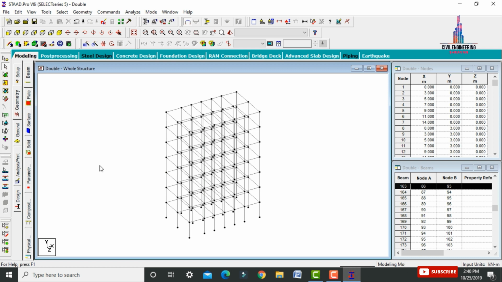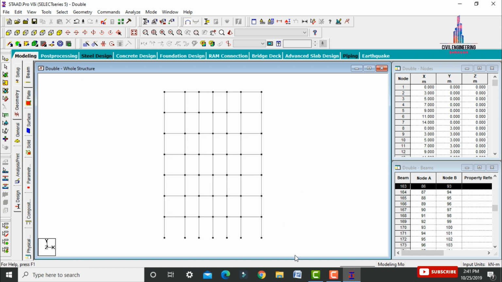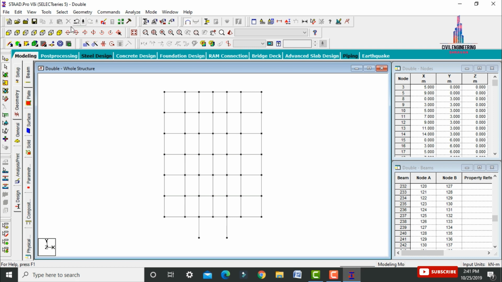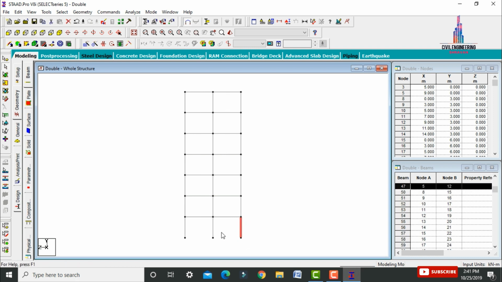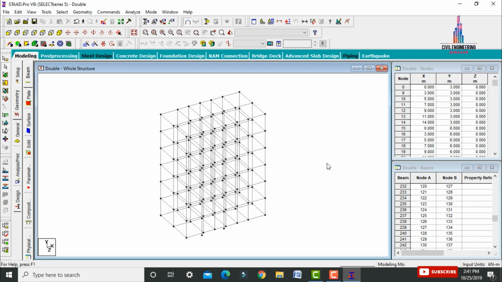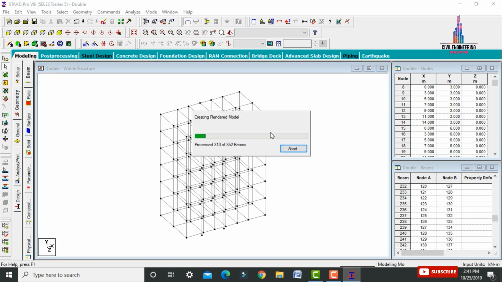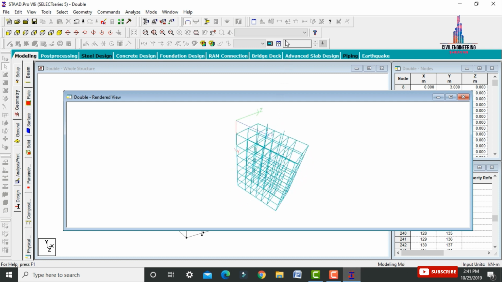Click on hide snap node grid. For this structure we need to make the model a double column building. For that, initially we select the front view. Here I am selecting the columns in the front facing direction, then these 2 columns in the opposite direction, and again the center column. Click on delete option, click on yes. After that we keep the structure in side view. In the same way we select the corner columns, click on delete, click on yes. Now the model is assigned with 2 columns. Now I will show you the model in 3D view. Click on 3D rendering view option. This is my model, which consists of 2 columns at the base.